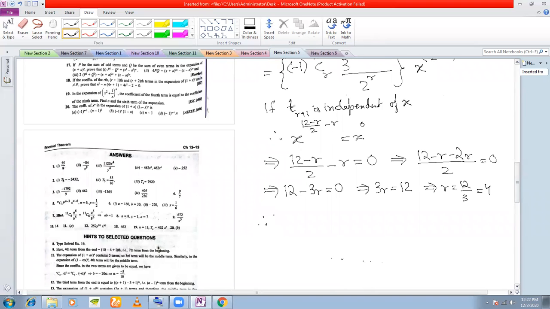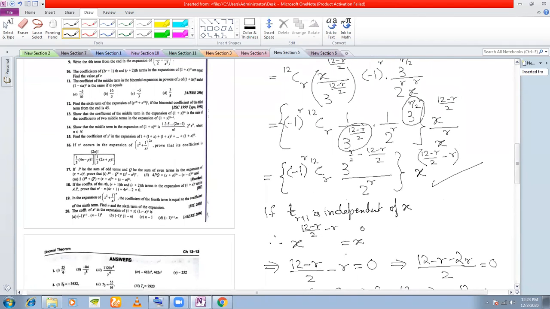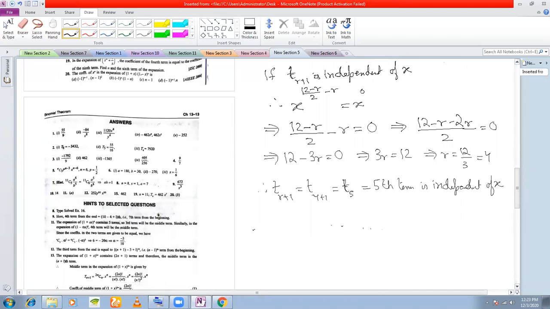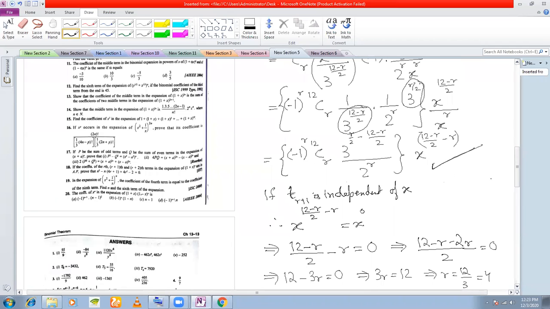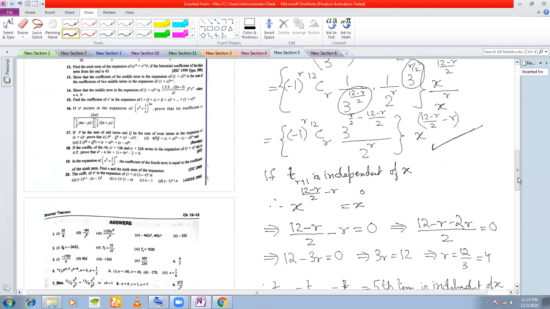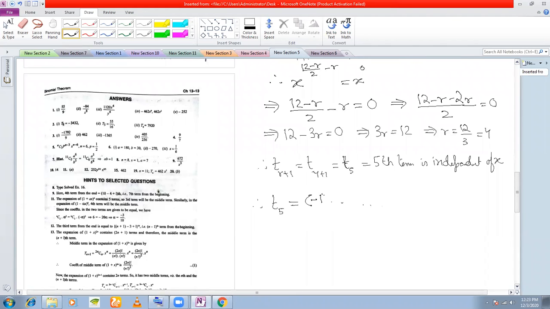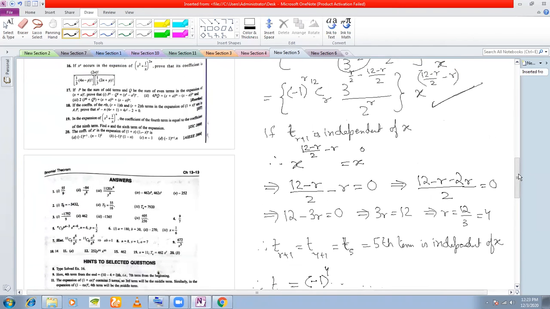So which term is independent of x? Therefore, tr plus 1 is equal to t4 plus 1 is equal to t5, the fifth term is independent of x. And what is that fifth term? That fifth term is this. So put it here. So therefore, what is t5? Put the value of r here, put the value of r in this. So you get t5 is minus 1 to the power of r, so minus 1 to the power of 4 into 12c4